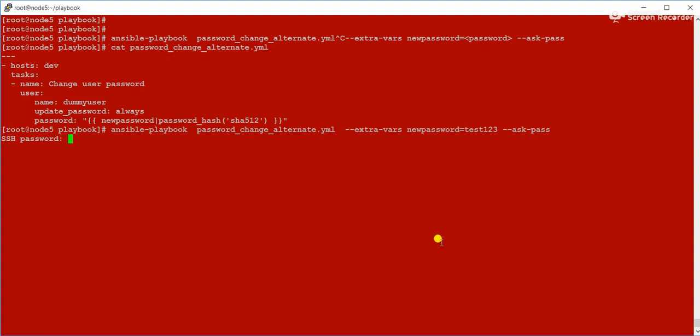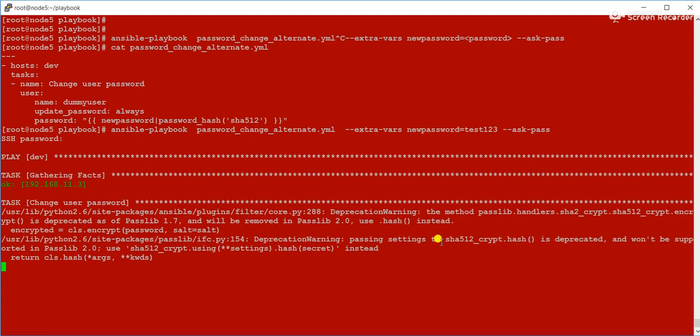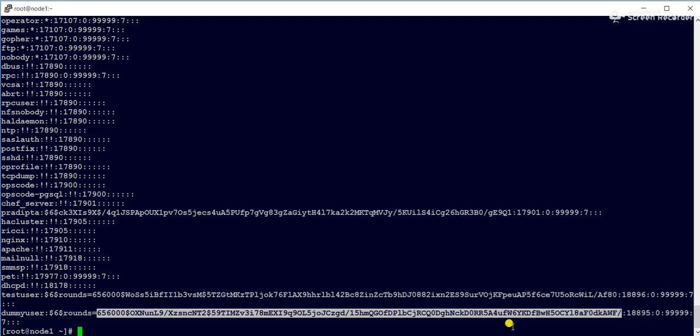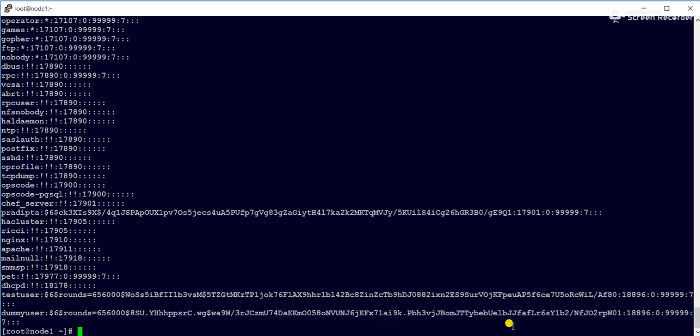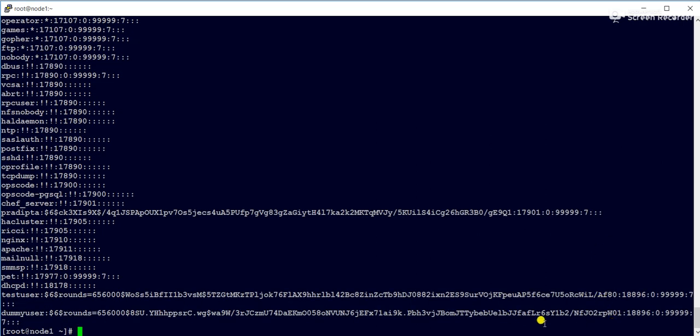I'm using the root user, so that's why. Now execution has started. The value should be changed now. Earlier the value ended with slash something, but now a different value came.